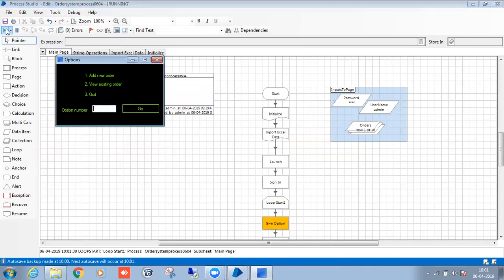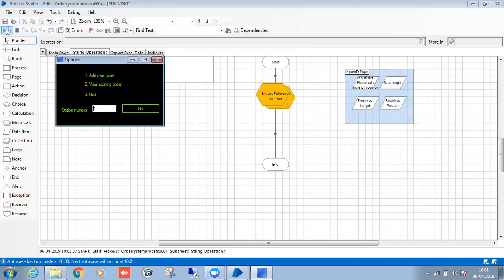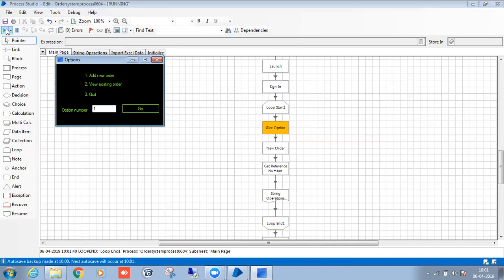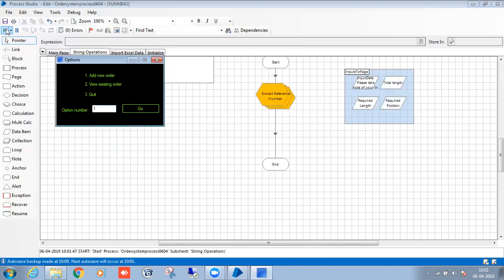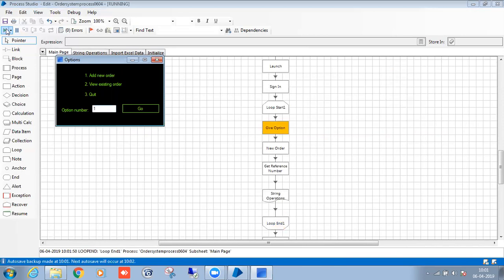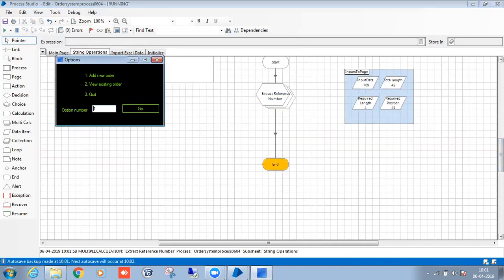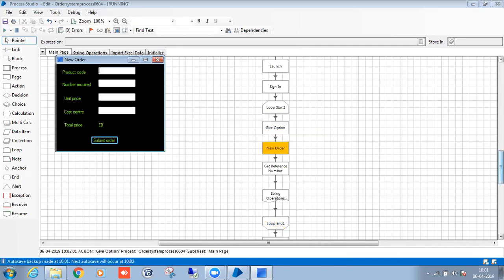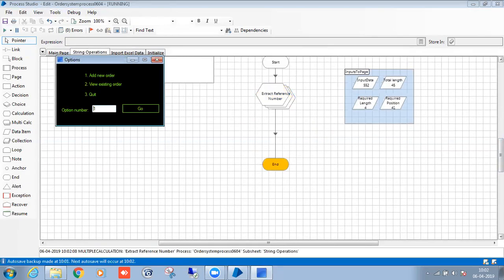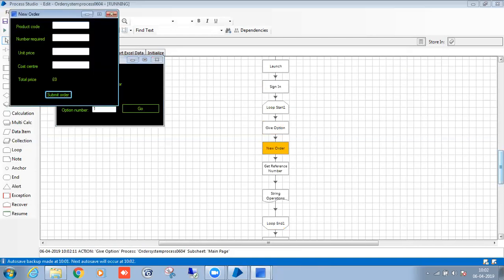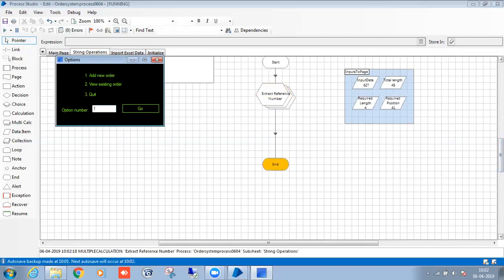Launching the application, log into the application. So it's the second order. You can run in the fast mode also.